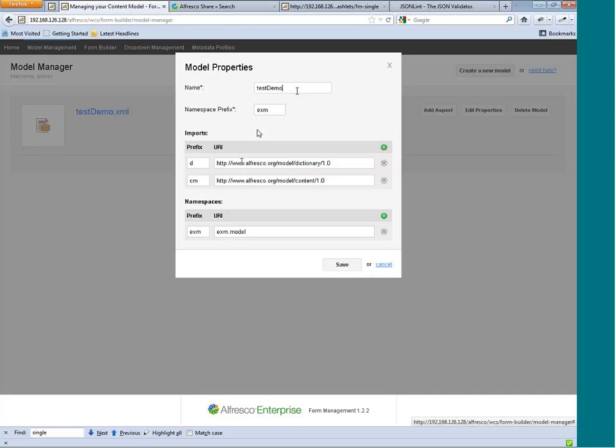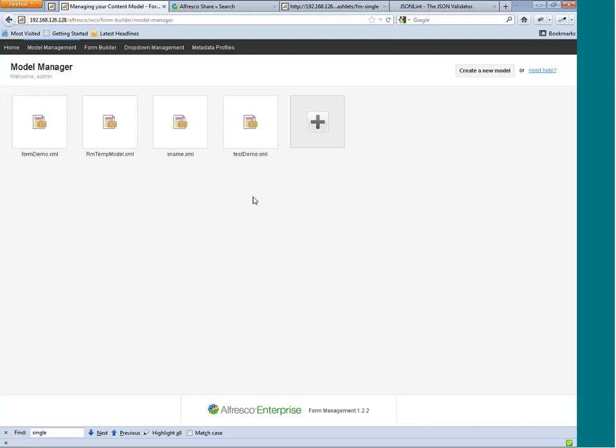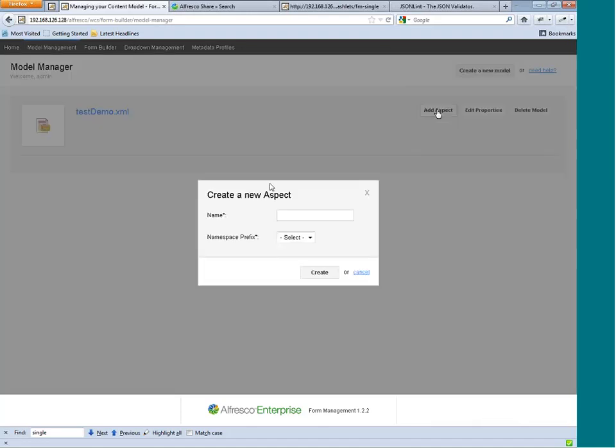So you'll notice it makes it really fast to actually get going, just to get your content model started, especially if you're not very familiar with the XML models within Alfresco. Basically, you just type in the model name and give it a namespace prefix, and it'll pre-populate your namespaces down here. These are just the Alfresco default imports for their models. So I'm going to go add an aspect, say,